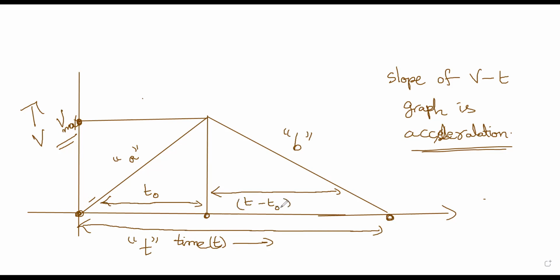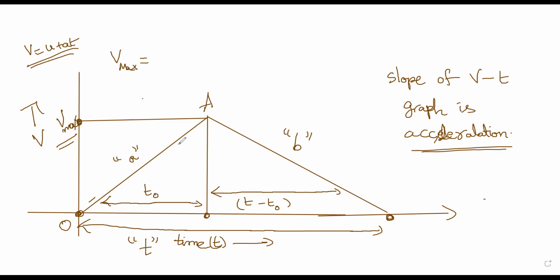And now we'll analyze the equations one by one for each time interval. For the acceleration instant, where it is moving from origin O to A, we are analyzing O to A with a constant acceleration a. So at the point A, it reaches the Vmax, the maximum velocity it will attain. So Vmax, that is the final velocity, is equal to u plus a t, the equation I am using.